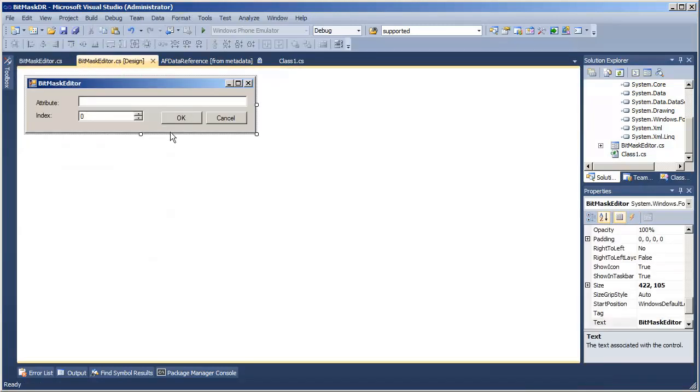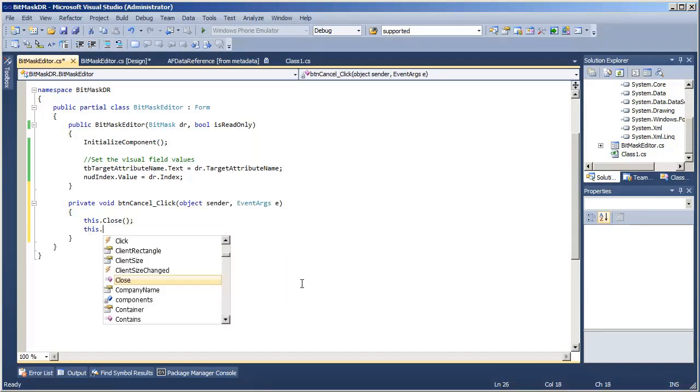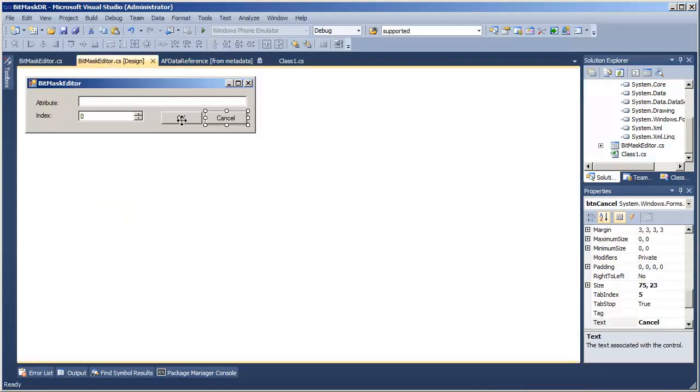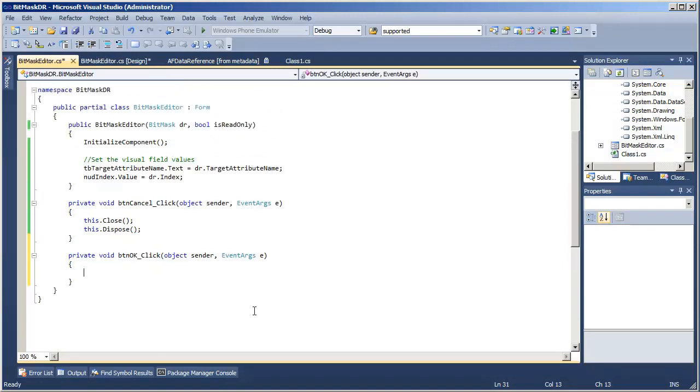So now, one of two things happens. Someone hits the cancel button, in which case we pretty much just close down and die, or someone hits OK, and the event handler for that is going to be that we persist the changes. So pretty much we undo the process from when we made this editor.